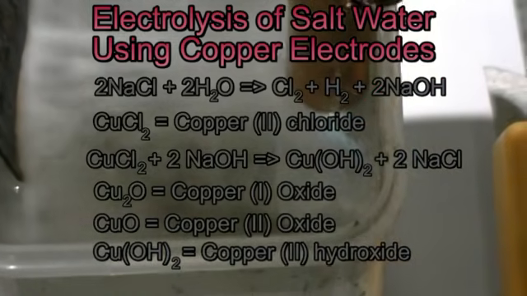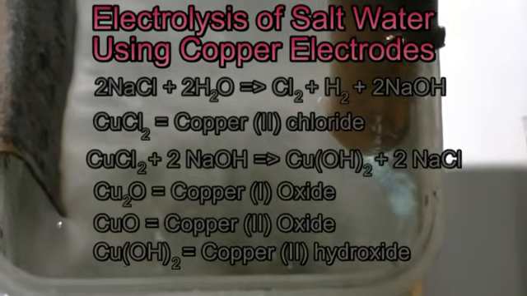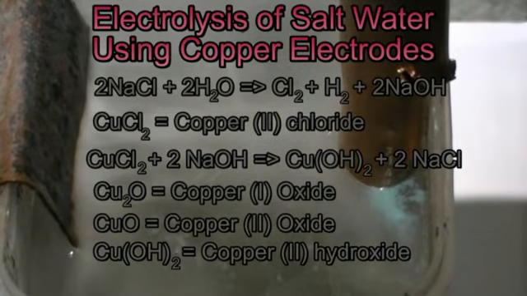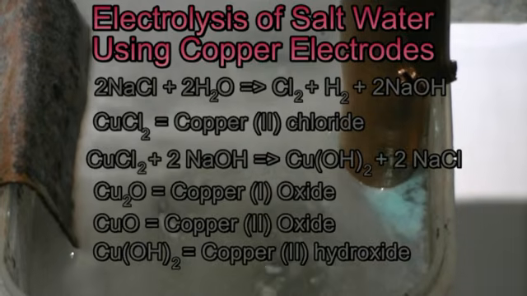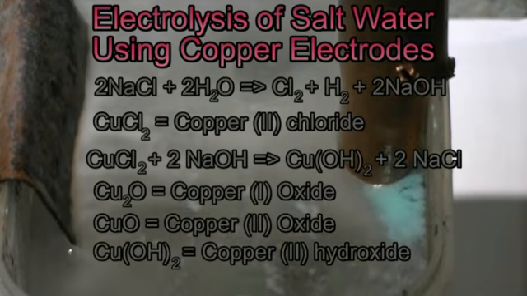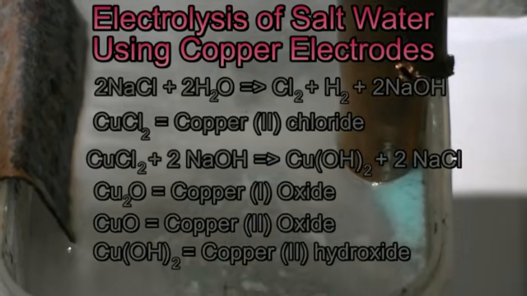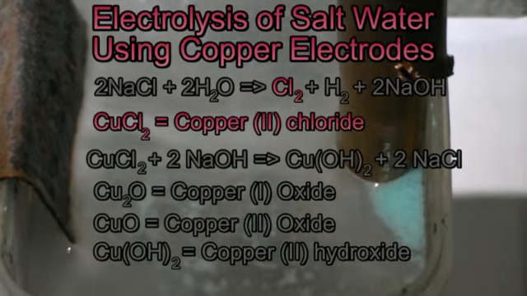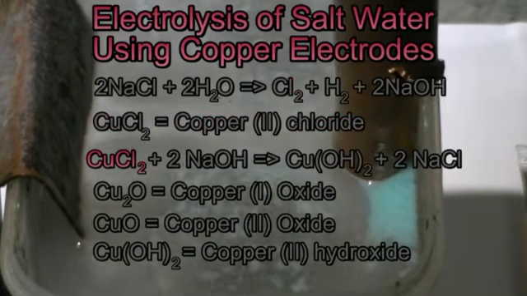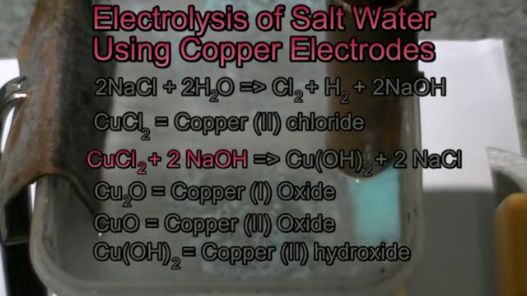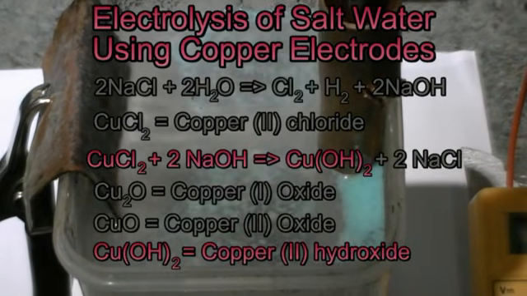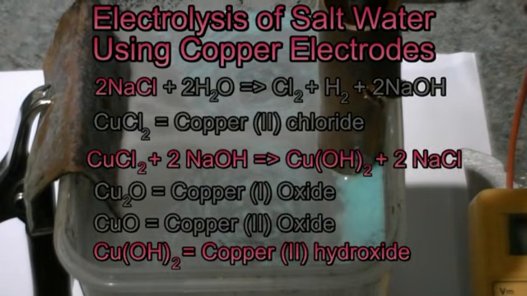As we are using copper as our electrodes for both our cathode and anode, this may react with the gases being produced. Copper metal tends not to react with hydrogen, however copper can react with chlorine to form copper chloride. Any copper chloride formed may in turn react with sodium hydroxide which is being formed to form copper hydroxide and